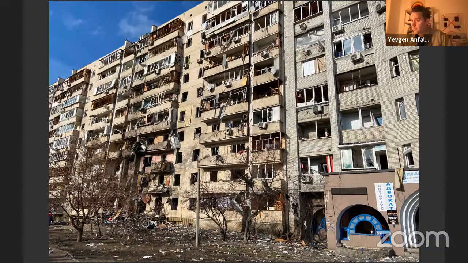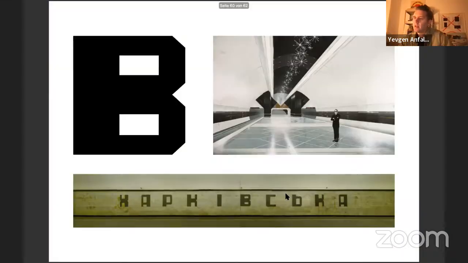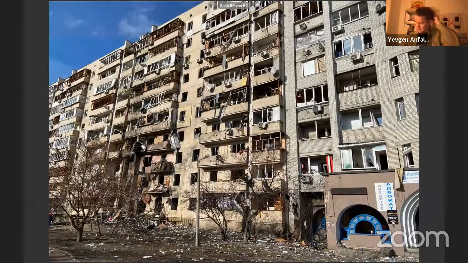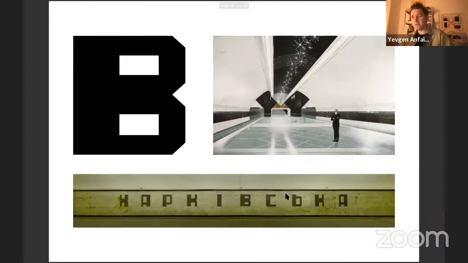in design history. And as Sasha said in his introduction, there has always been this phrase going on: I keep myself out of politics. I don't want to be too political. But it's impossible, and it just doesn't work. Now this house, in a Spalny Rayon, which is a sleeping neighborhood, where people sleep, is really far away. But there is a little positive story about it. As living in a megapolis, and I consider Kyiv a megapolis,